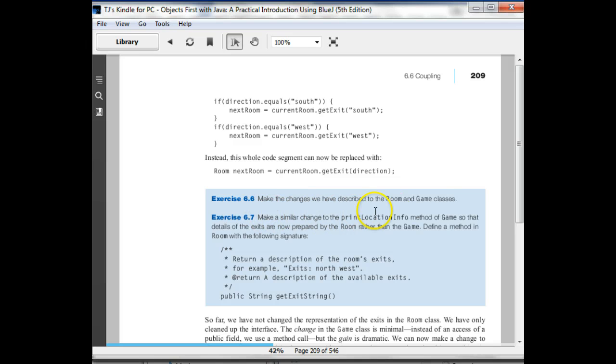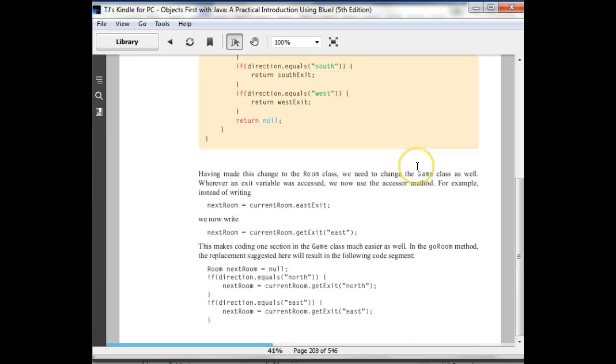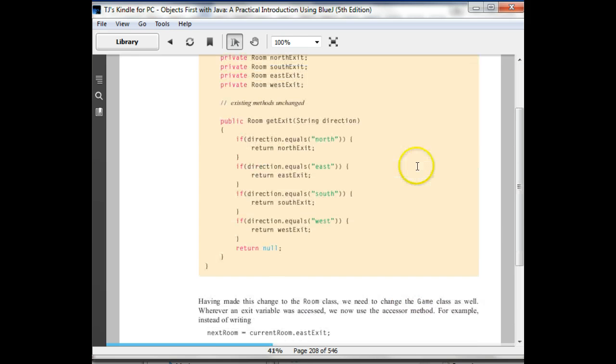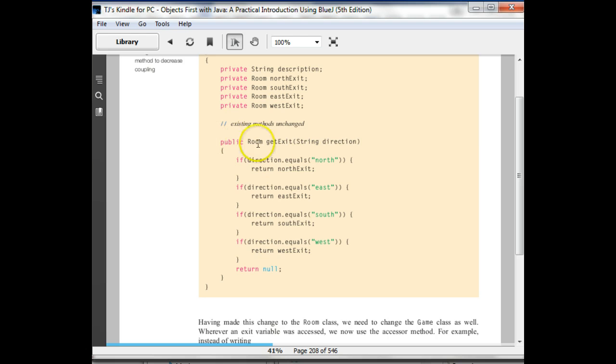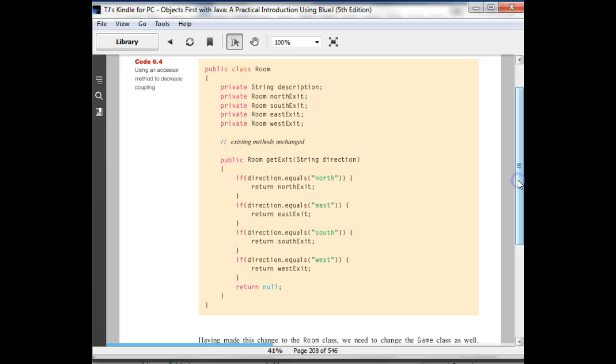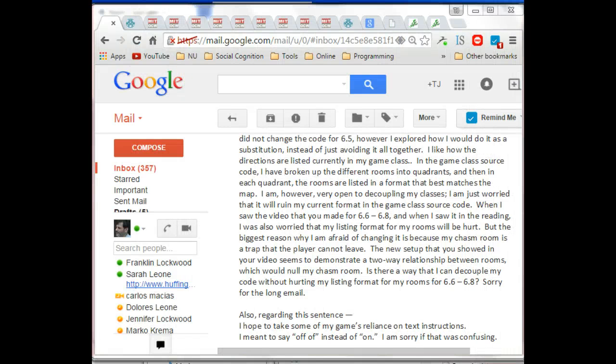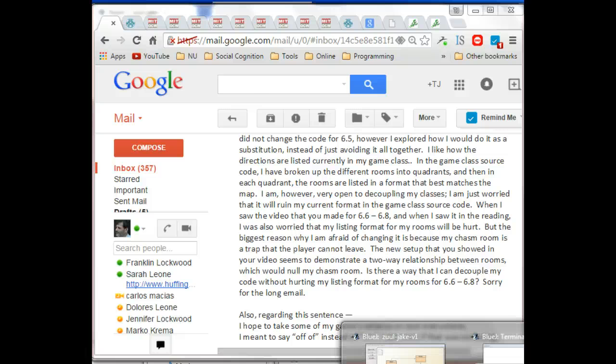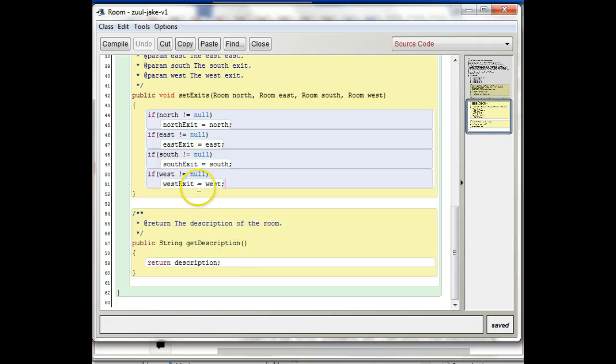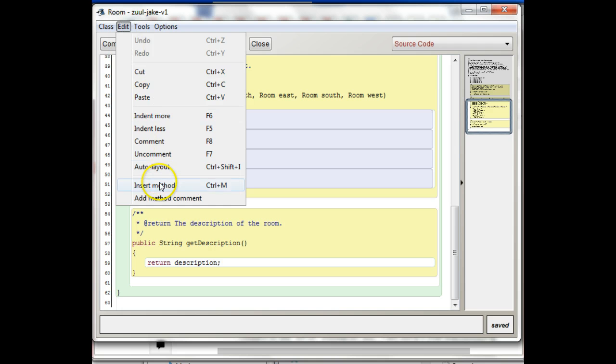6.6 says make the changes we've described to the room and game classes. Let's just start. I think it's pretty safe to just add this getExit method. We're not doing anything with it yet, so let's try tacking that on to the room class. So we have setExits. We can add, let's see, I'm going to insert a method,